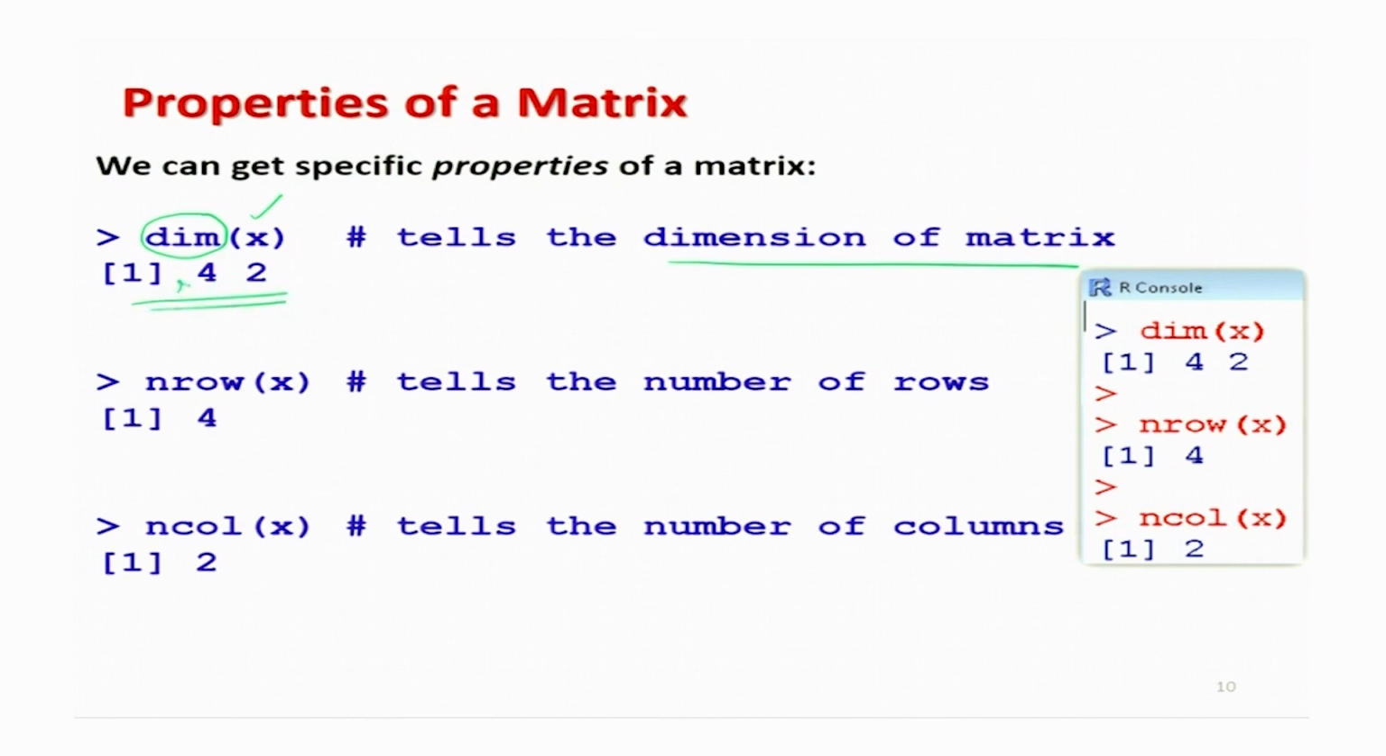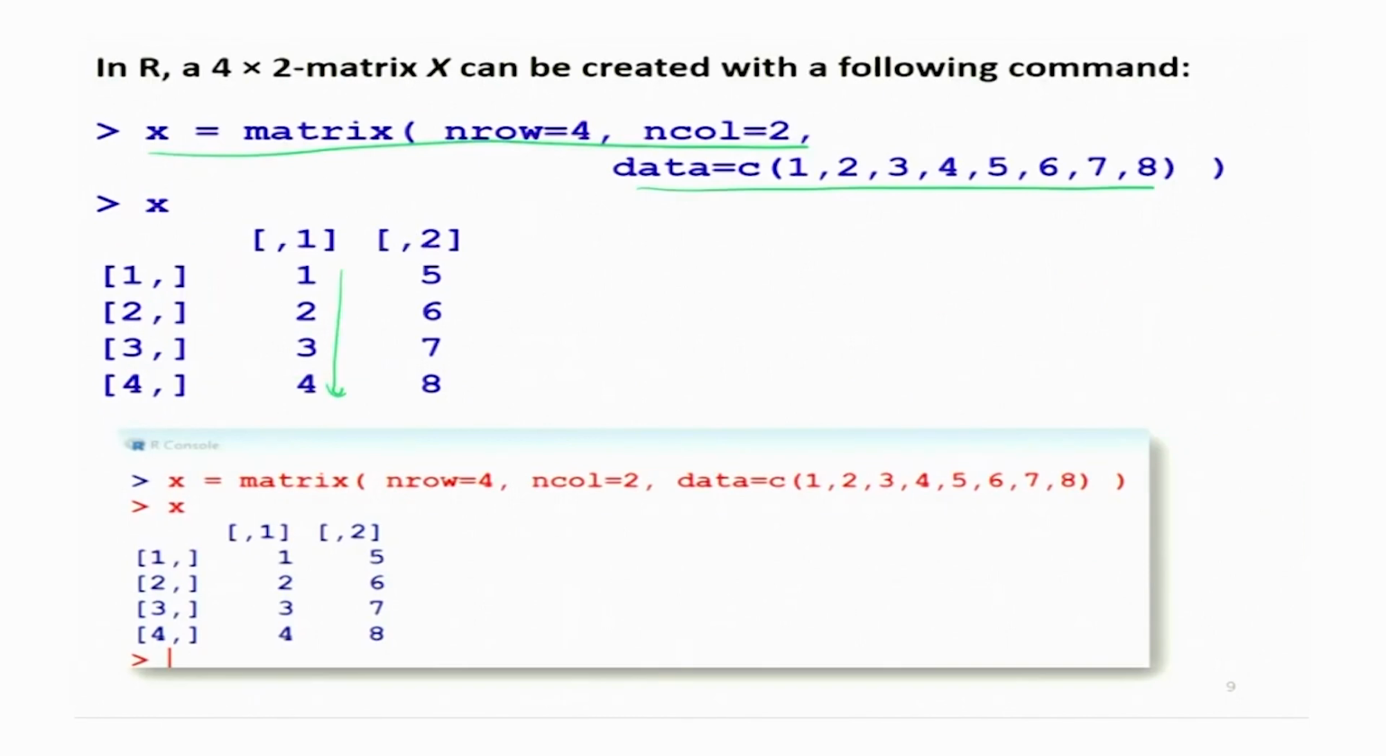4 is the number of rows and 2 is the number of columns. And in case you want to know only the number of rows, then the command here is nrow, and inside the parenthesis you write the name of the matrix. So, this will be nrow(x), and the answer will come out to be 4. Why? Because you can see in this matrix X, you have